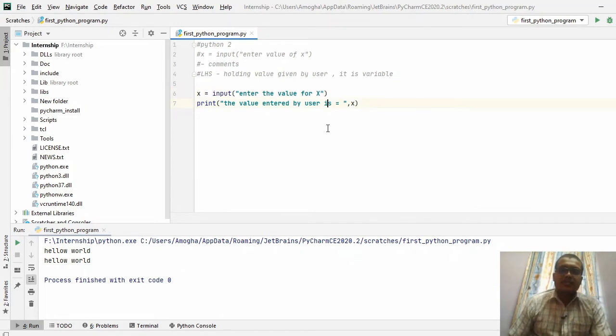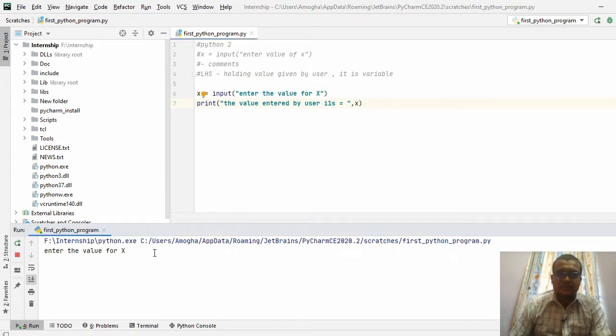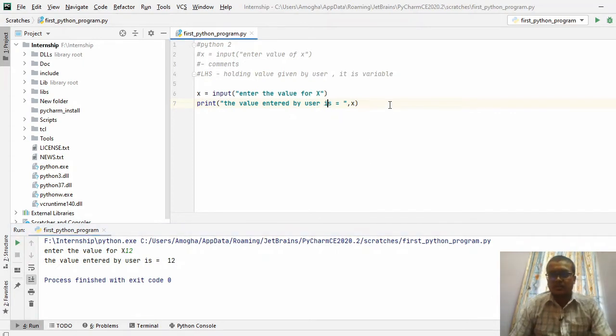So you are going to take an input here. I am going to run this. It is asking me to enter a value for x. It is saying that the value entered by the user is equal to 12.